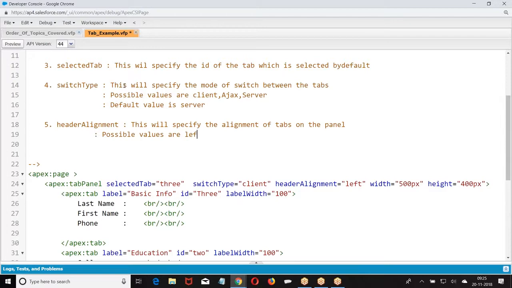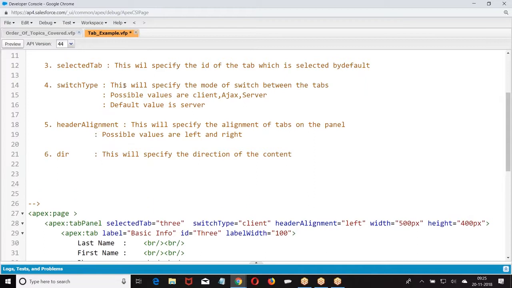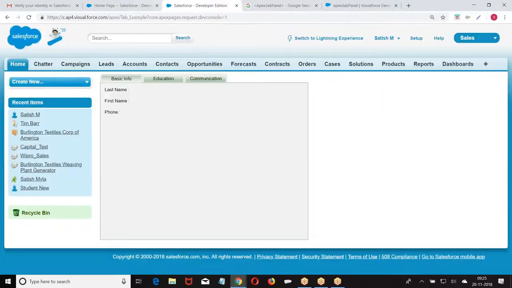Possible values are... this will specify the direction of the content. Okay, so this is how we have given. When you go to the tab, this is a tab panel. When you go to the tab again,